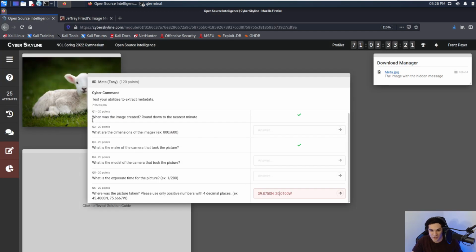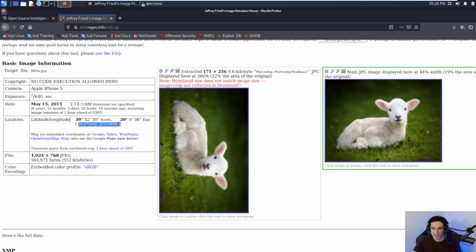All right, I think you get the gist of this. I'm not going to spend too much time figuring out what I'm doing wrong here, but you can get the GPS coordinates from the metadata. Now let's move on to